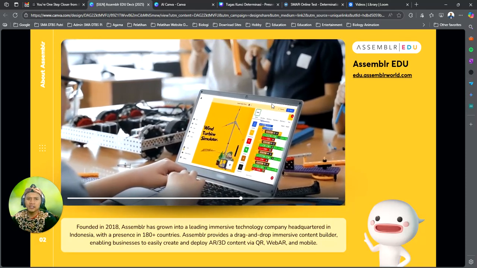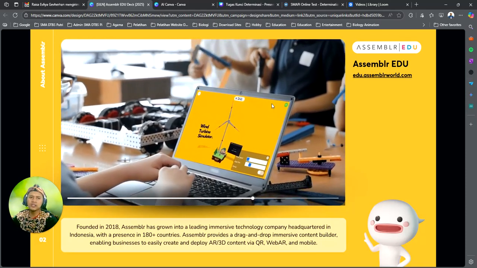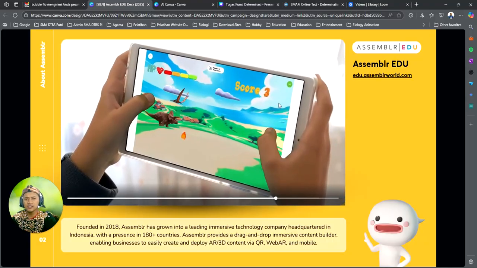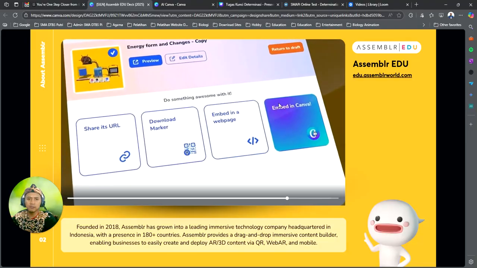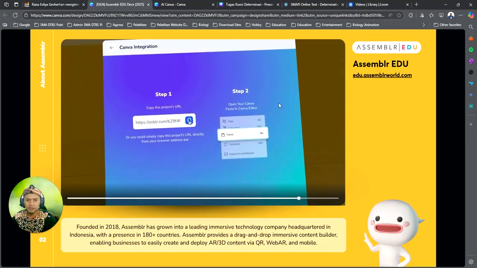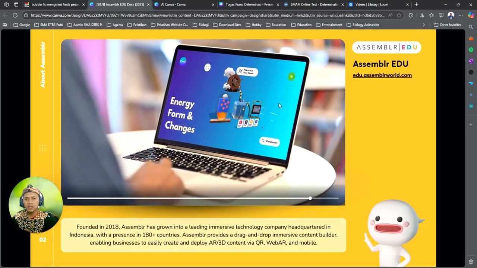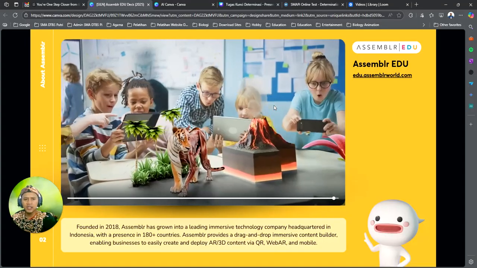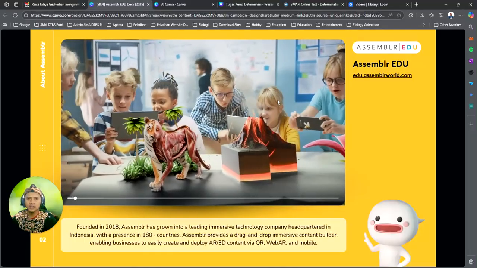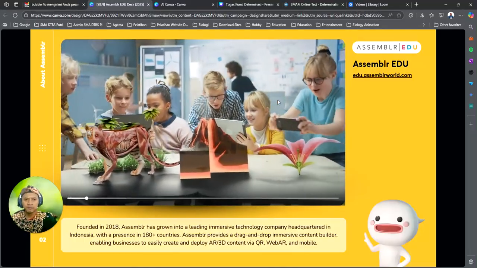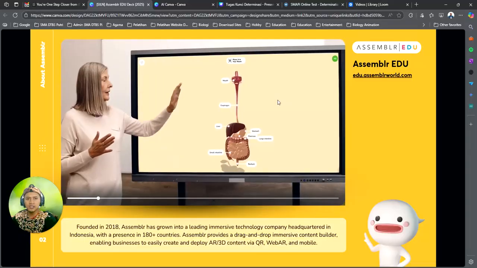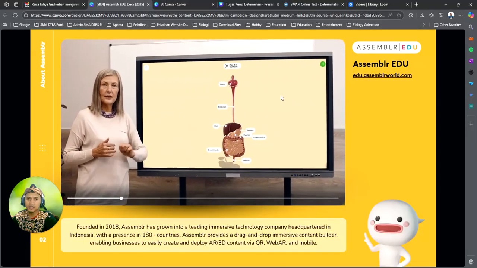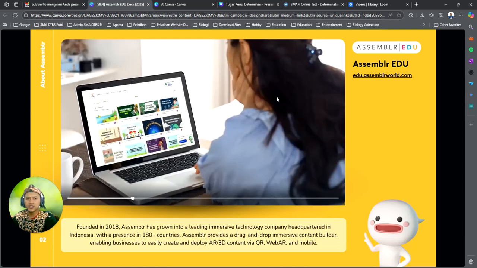With a presence in more than 180 countries, what makes Assembler unique is its drag and drop immersive content builder like you see in the video. This tool allows educators and businesses to easily create and deploy augmented reality and 3D content. You can share this experience through QR code, web AR, and mobile apps, making it simple for students to access